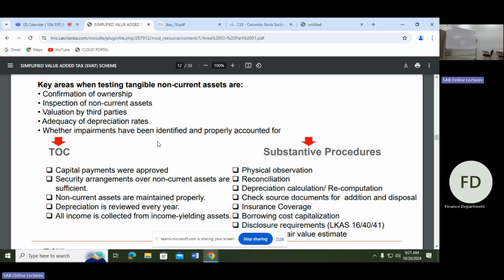Ini audit approach kan. Procedures namanya audit execution kan procedures